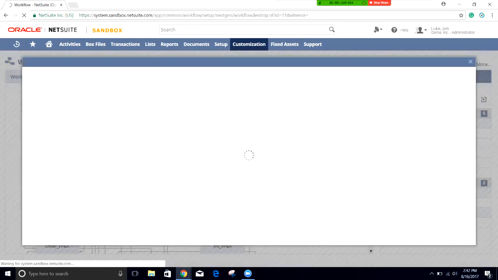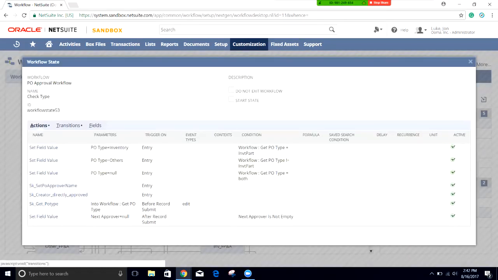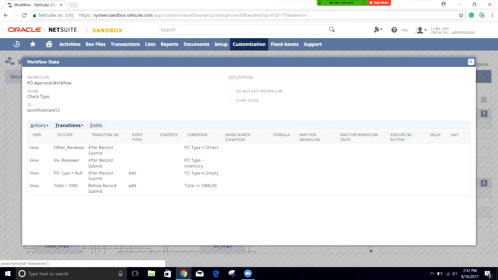If we're looking at the check type transition workflow state, look at the transitions, we can see where each one of them goes to. So here, if the PO type is others, it goes to other reviewer. If it's inventory, it goes to inventory. If the PO type is empty, then after it's edited, it'll go to this PO type null,